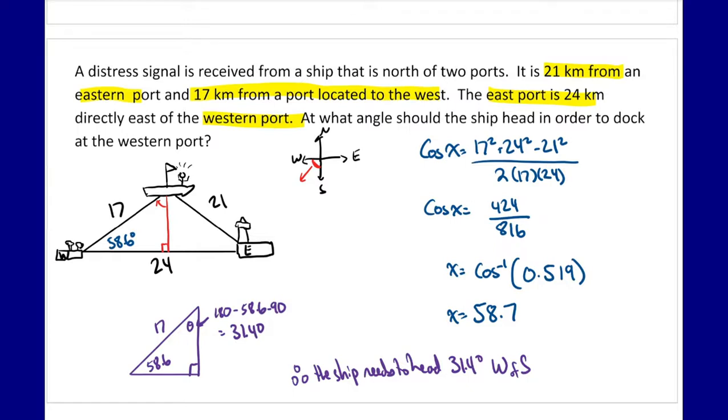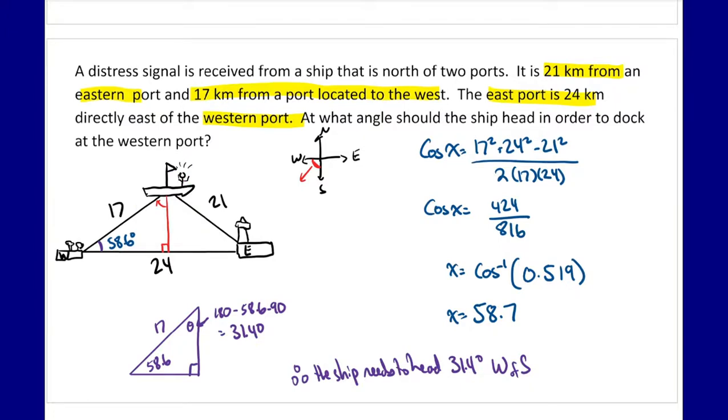So what we've done is we found the angle over here between the boat and the eastern port. By finding that angle of the triangle, that gives me enough information that if I draw a straight vertical line down, assuming, using a compass, I can find this angle in particular. So specifically that angle. Oops, I got rid of my entire boat. We can find this angle in particular